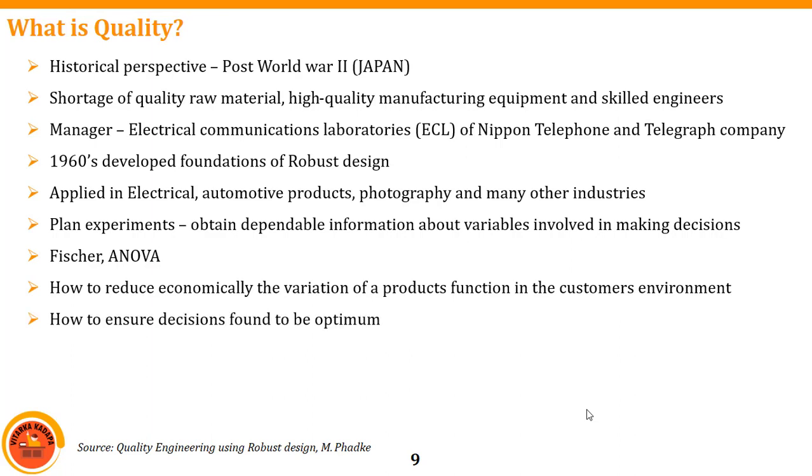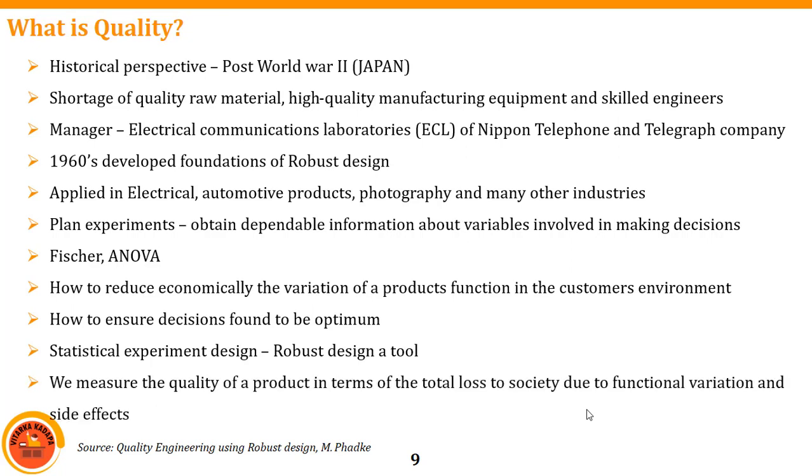Whatever decisions are taken in this process have to give optimal results, because once a product has reached the customer, he has spent a lot of money, and that money will be wasted if a quality product is not delivered to the customer. So statistical experimental design, they have termed it a robust design. Robust means you can apply this to any experimental methodology, and it will give better results, the optimal set of experiments. That is the major meaning of robust.